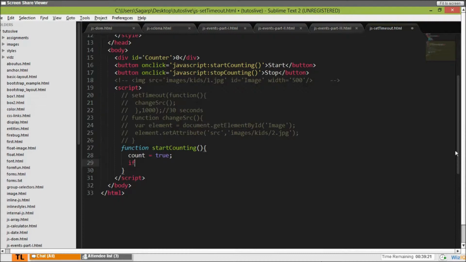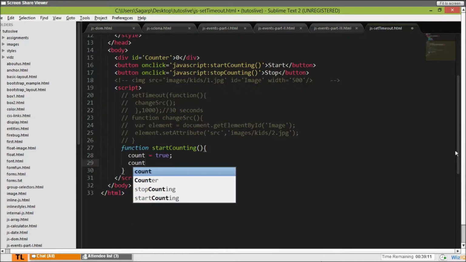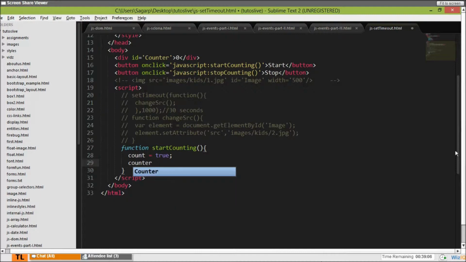Now here, what I would like to do is call a function called counter. Right now, I'll write counter here. So function counter.